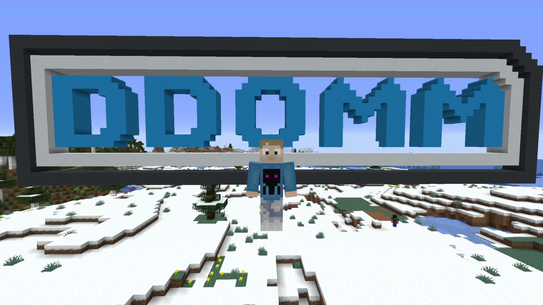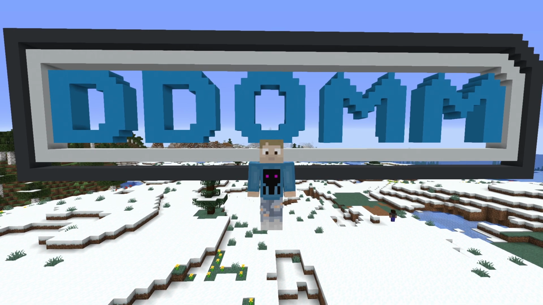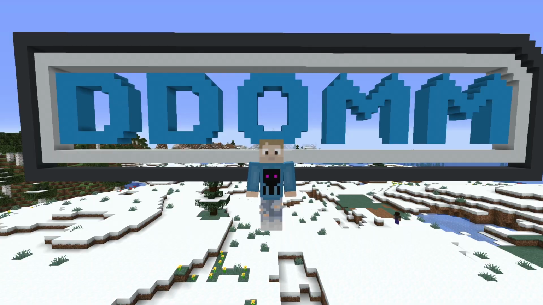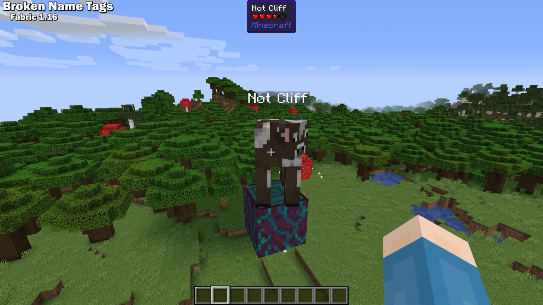But we have another 5 fantastic mods to go over. One of these today is hilarious. I can't wait for you guys to see it. Let's get to them. Broken Name Tags is a simple mod that gives a memento when a named pet or